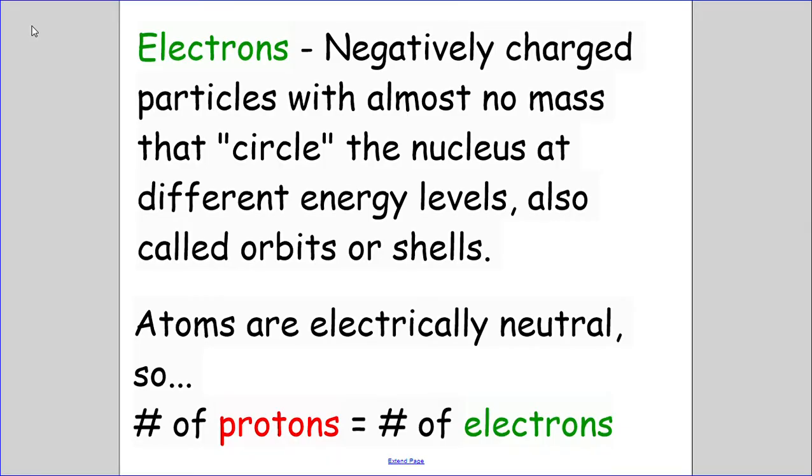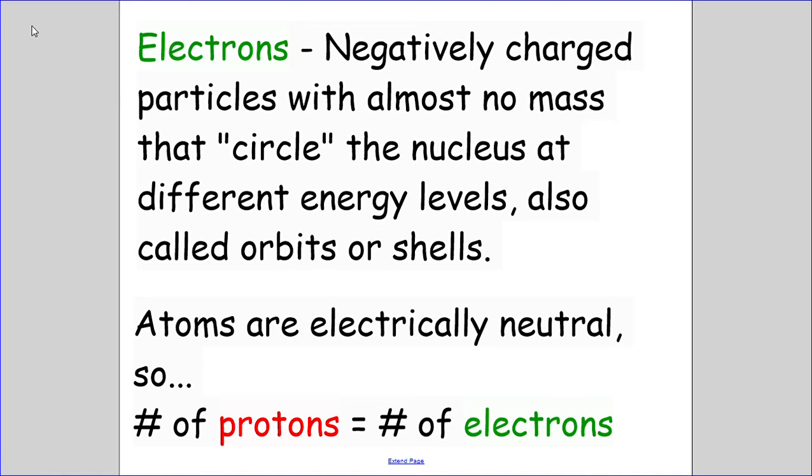So, electrons. They're negatively charged particles: protons are positively charged, neutrons are neutral, and electrons are negatively charged. They have almost no mass. They're incredibly light, and they circle the nucleus at different energy levels. Those energy levels on the outside, those rings that we saw in the last slide, could also be called